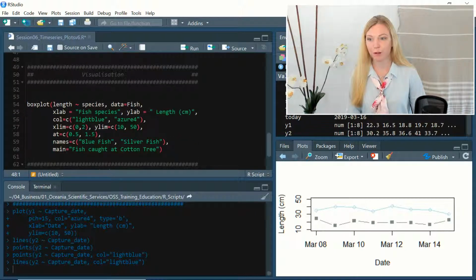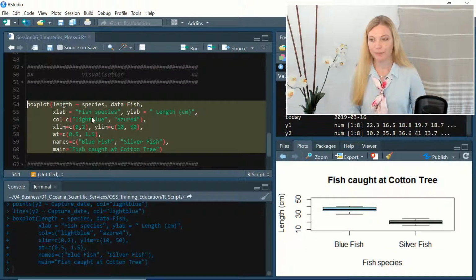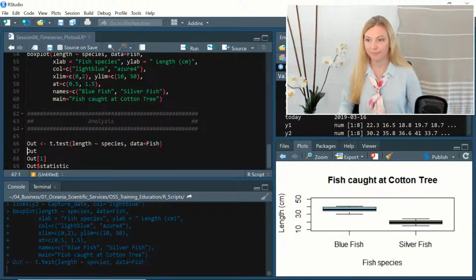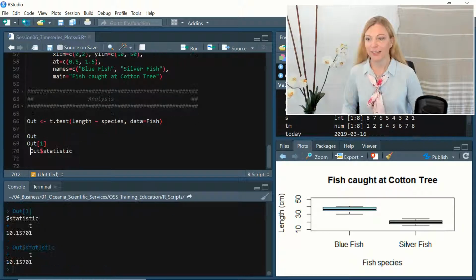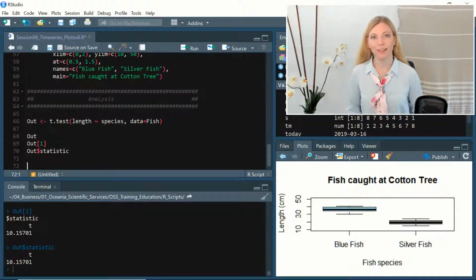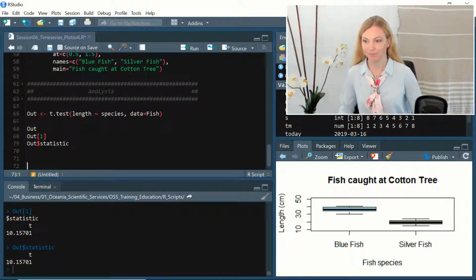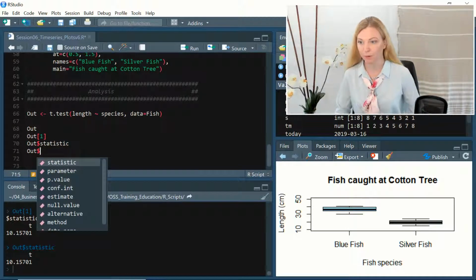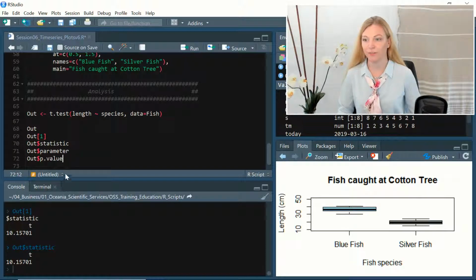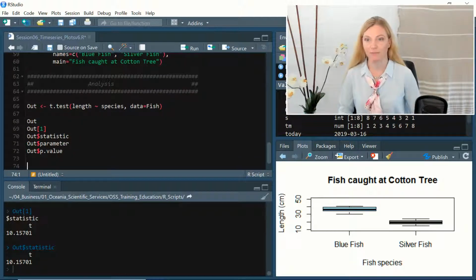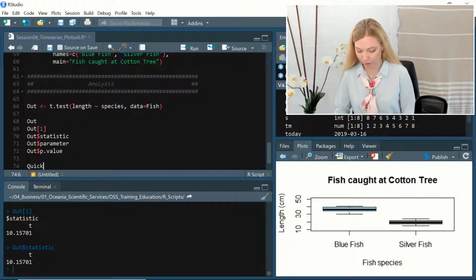So past our box plot we made, there we go. We then made a t-test where we did species used to predict length for the data fish. Let's now concatenate these into a vector and export that to our folder. To do this, simply type in each statistic name you're looking for. So out dollars, parameter for the degrees of freedom, out dollars, p dot value for the significance itself. I'm going to call it quick out,